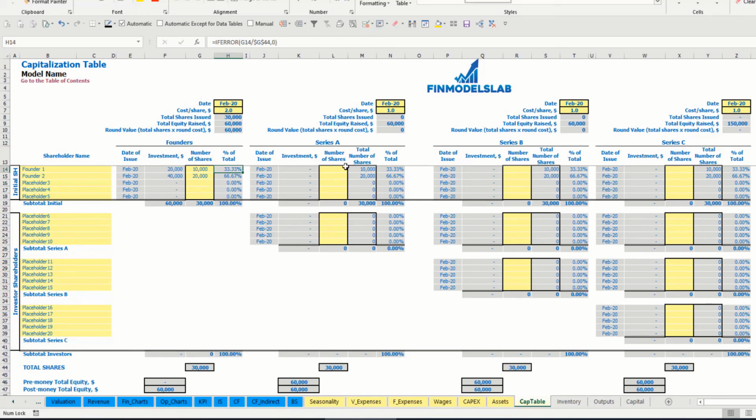So let's pretend that for Series A we have 1 investor, and the date of issuance is May. Cost per share is $5 per share, and number of shares is 1000. So total amount of investment will be $5,000. You may see that before the Series A, total equity was $60,000, after is $65,000, and investor 1 will have